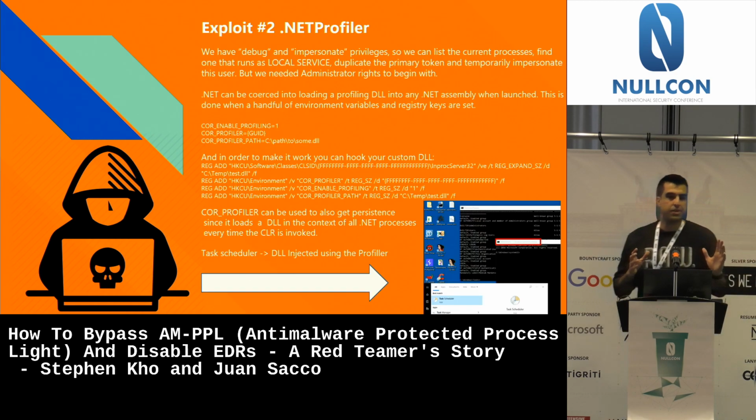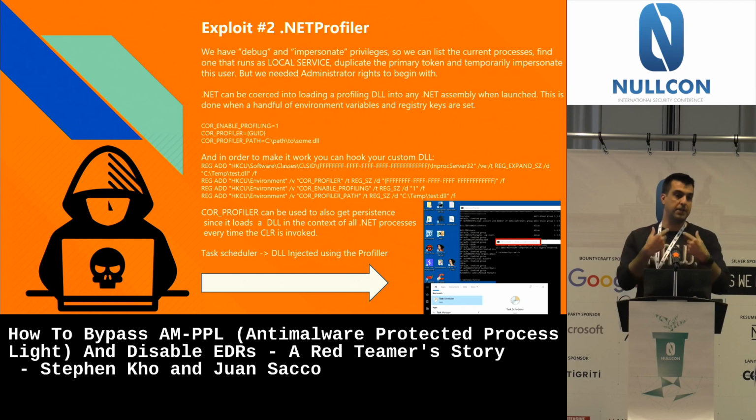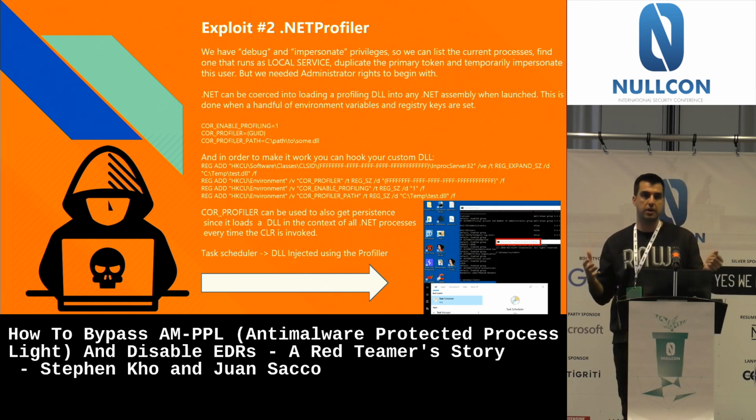So, in order to execute the exploit, in order to make that symbolic link work, there is also a restriction. This needs to be run as system. But first, to get system, we need to get admin. And we are starting on a computer. Remember, this is a red team exercise. We start with a computer with user access.